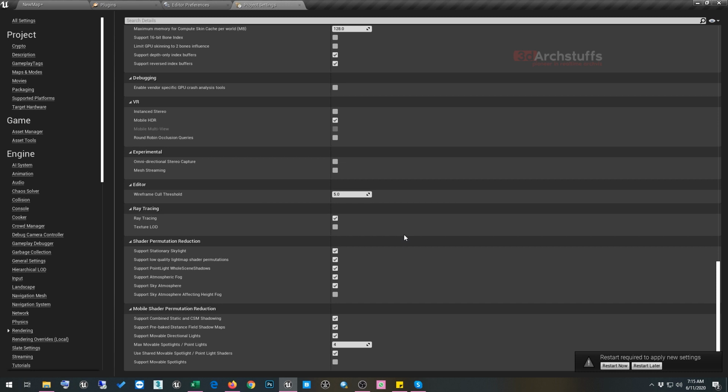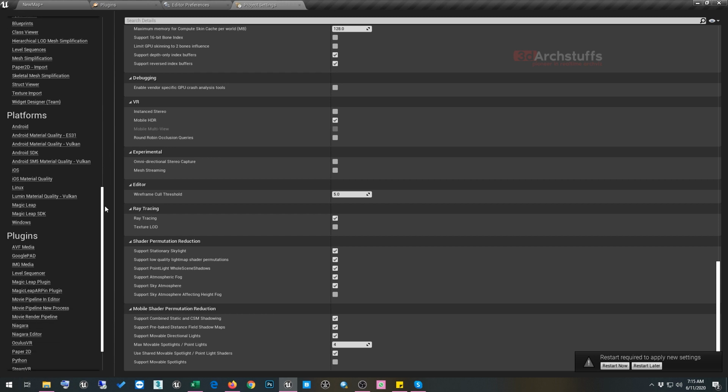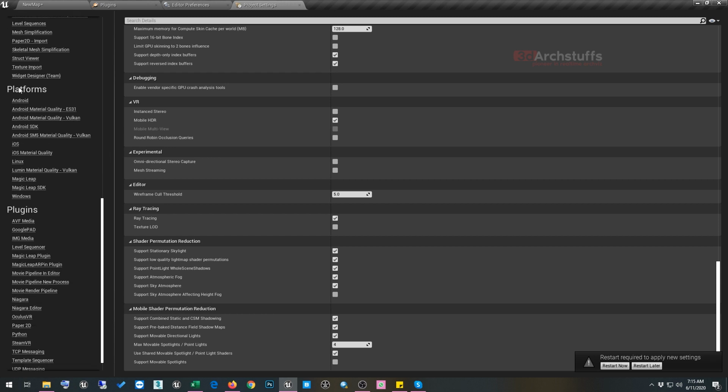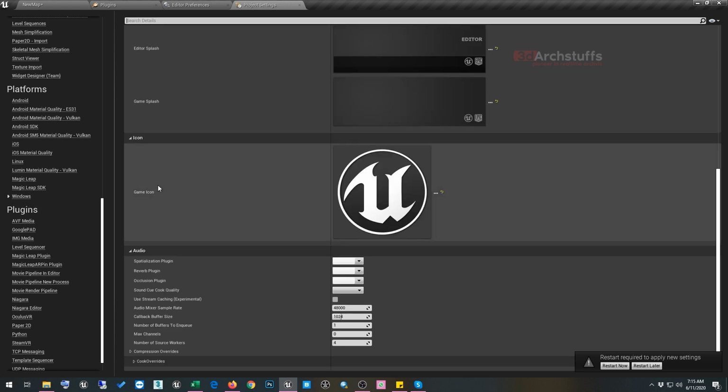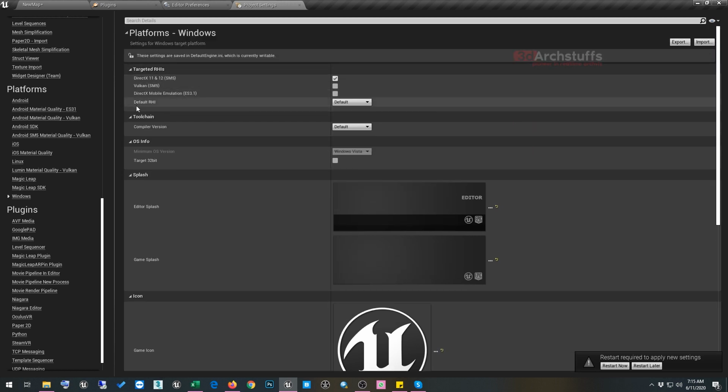Once you have done that, go to the left side and scroll down, and in platform you will see Windows. Click on Windows, then scroll up, and in targeted RHIs, in the default RHI, click and make it DirectX 12.